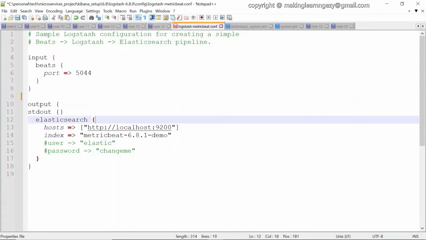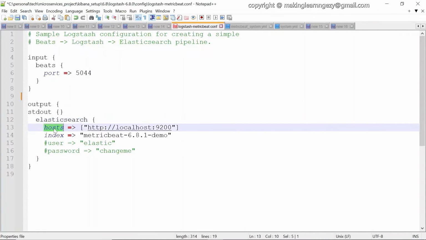We need to use the output component, Elasticsearch. Under this object you need to mention the host name and the index name. Here you give the URL where Elasticsearch is running, and the index name. The same index name would be created in Elasticsearch.